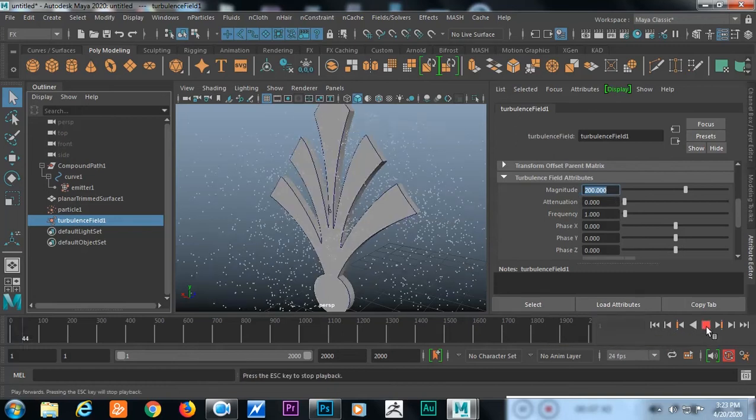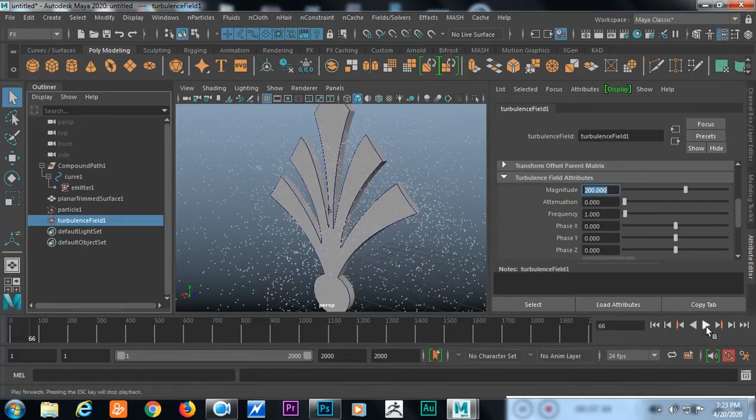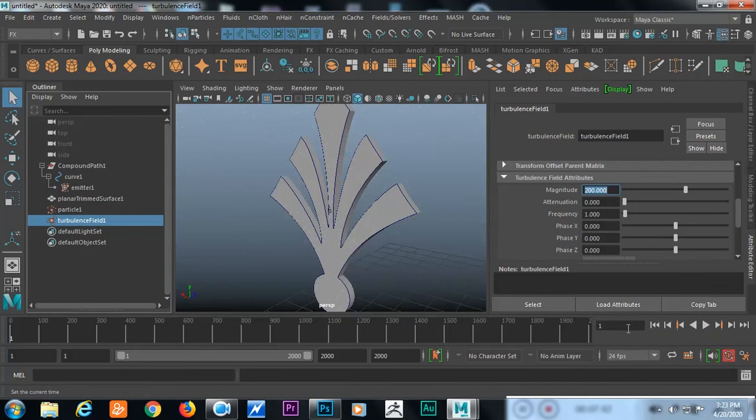Now if we try to play, it says blasting, but we don't want that blast immediately, we want it after some time. So I'm going to animate this particular thing. Around frame 50, magnitude should be 0, and I'm going to set the key.